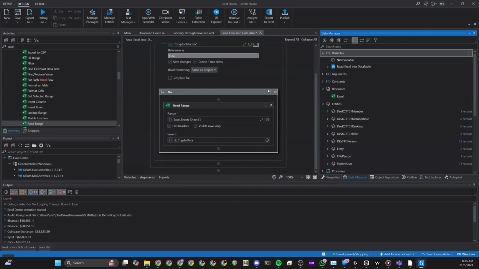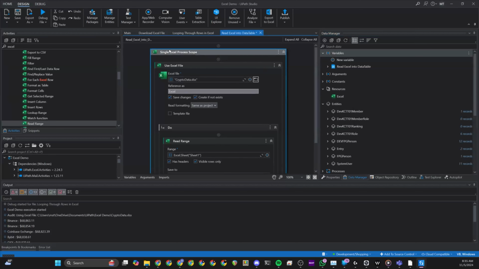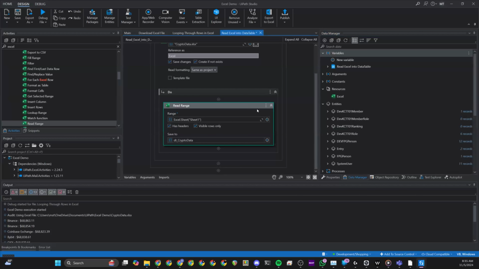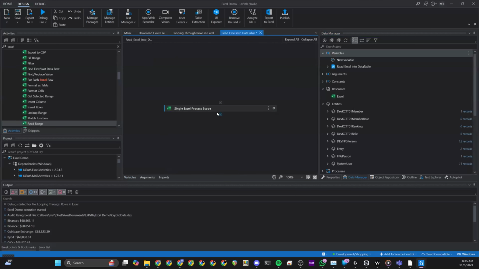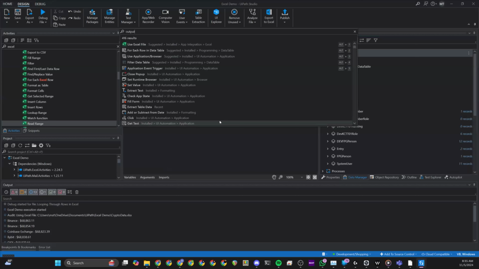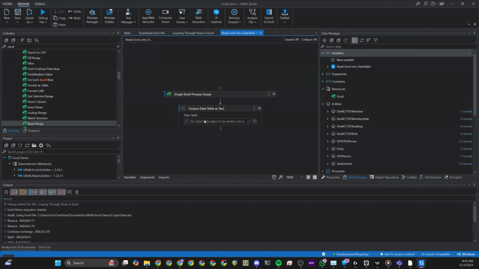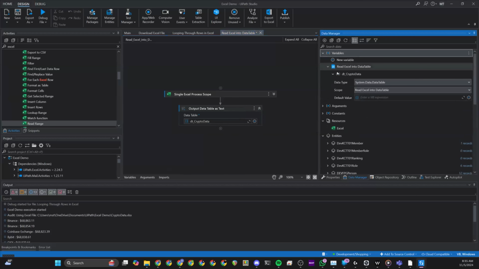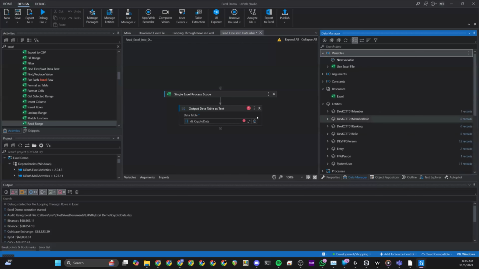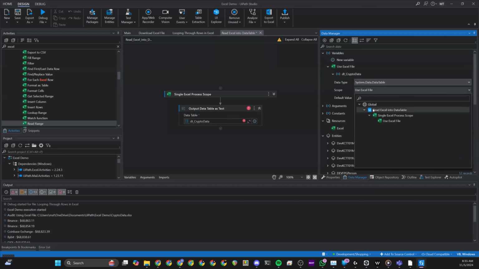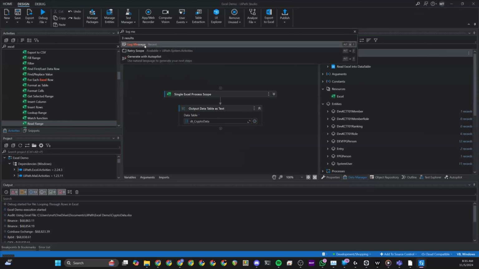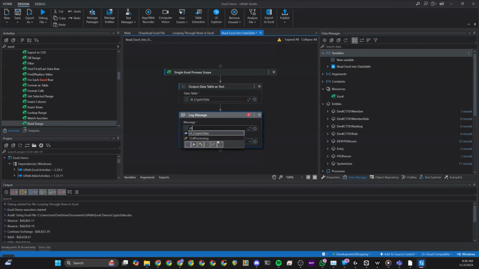But this, I try to keep only my Excel activities inside of my process scope. So if I have a single Excel process scope, I keep all of my Excel activities inside there, and I don't really do much else other than my Excel stuff. I'll make that smaller, and then I'll do my output data table as text here. And then give it DT crypto data, right? If we didn't set that scope, if it was still in the use Excel file, it wouldn't recognize here because it's not in the scope. So we need to make sure that this DT crypto data is in the scope. Outputting it as text, log message, DT crypto data,